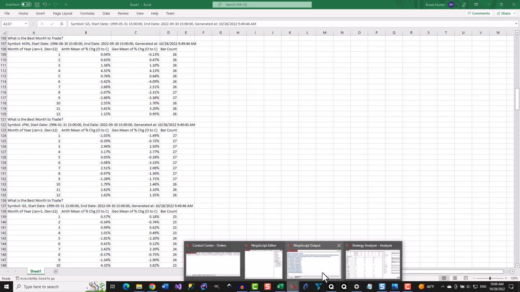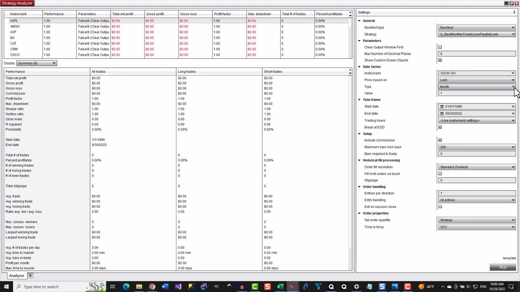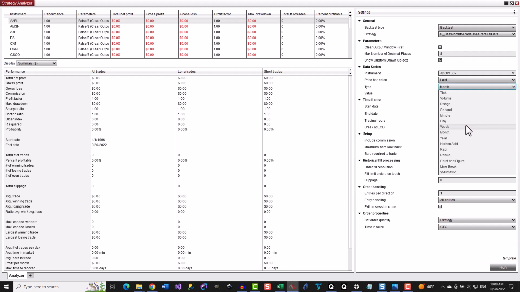Note that this report can be run on daily, weekly, or other bars as well, not just monthly bars. For instance, setting the bar period to daily creates a report of the average price change percentages of the daily bars in each month, from the open price of each trading day to the close price of the trading day. When run on daily bars, this report is intended to answer the question, historically speaking, what have been the best and worst months of the year to enter long positions at the beginning of the trading day and exit at the end of the trading day for a given instrument?